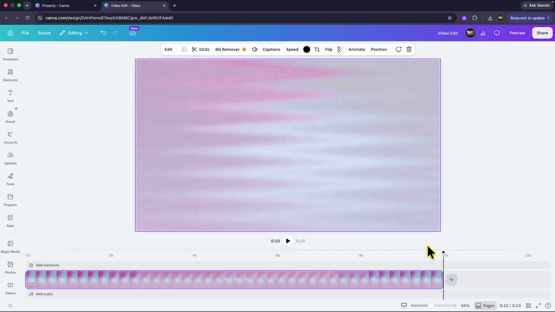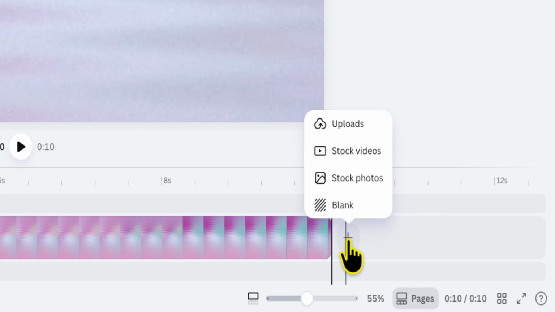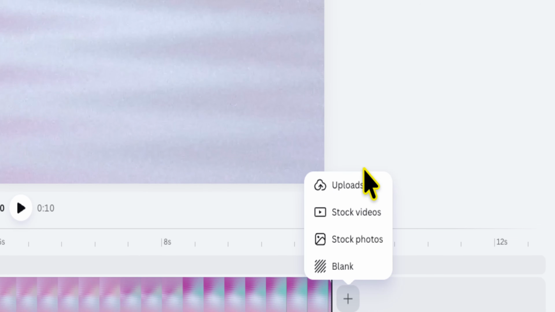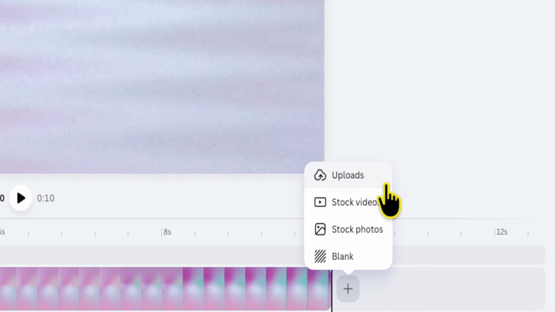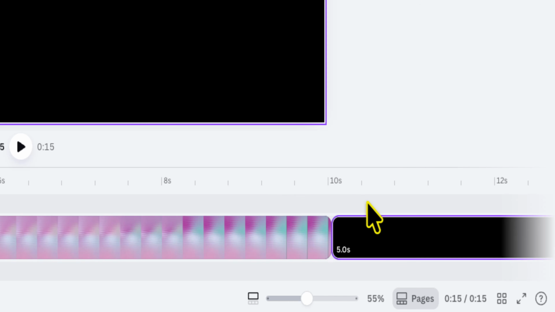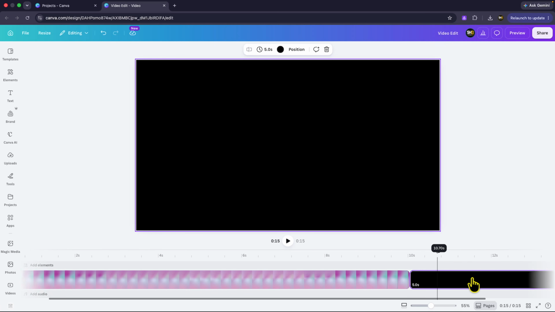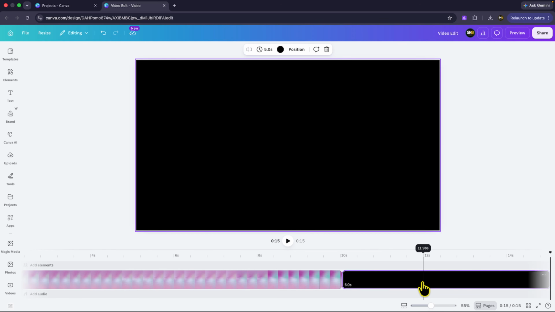So the first thing that you can do is click on the plus icon next to your video to add media or add a blank page. Once you do that, you'll have four options appear: uploads, stock videos, stock photos. You want to click on blank. And when you do that, the new blank page will be added, and